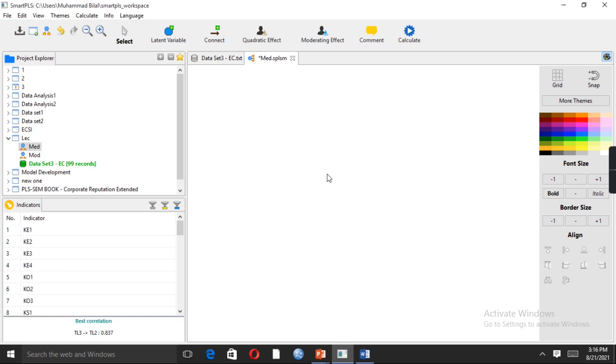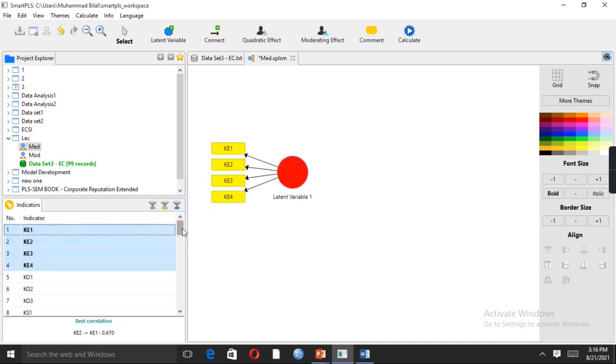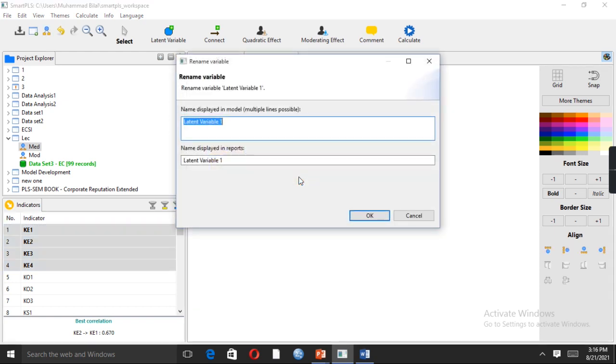So here is Smart PLS3. Upload your data file. In this case I already uploaded a data file and we have some indicators as well. For example, I have one independent variable named KE. KE stands for knowledge exploitation.